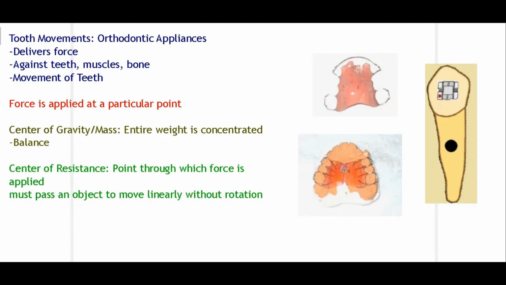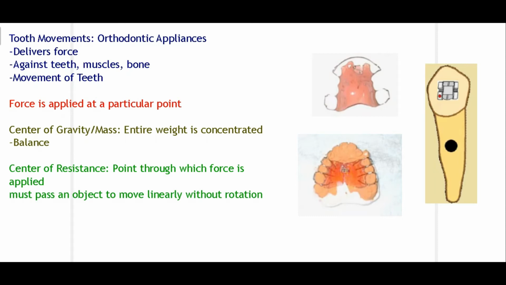Now, firstly, let's talk about some basic points. Tooth movement can be, for example, like tipping, translation, rotation, torquing, uprighting. We'll talk about each of them in detail shortly. Tooth movements are basically achieved by certain orthodontic appliances. For example, you can see in this diagram, this is a labial bow which can be used to perform tipping movements. We have this Z-spring which is also used for performing tipping movements. So there are different types of orthodontic appliances that are used to perform different kinds of tooth movement.